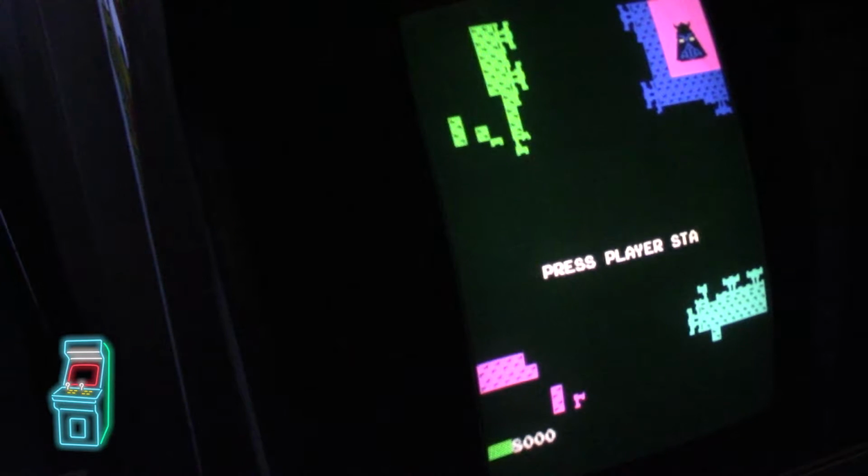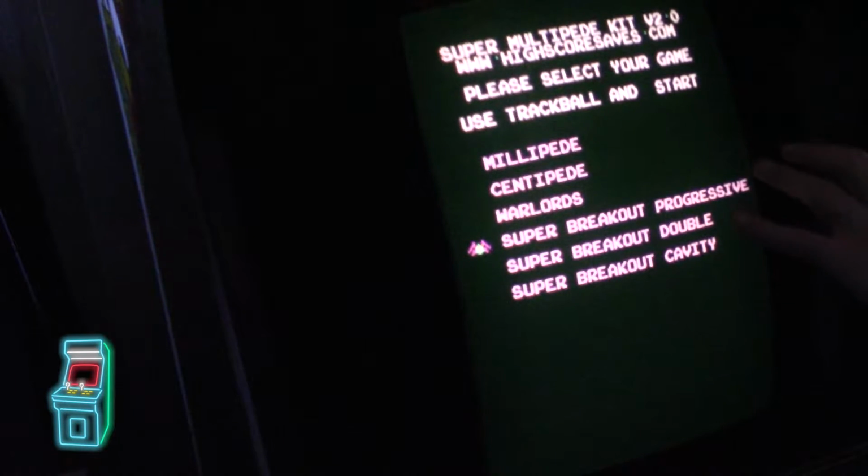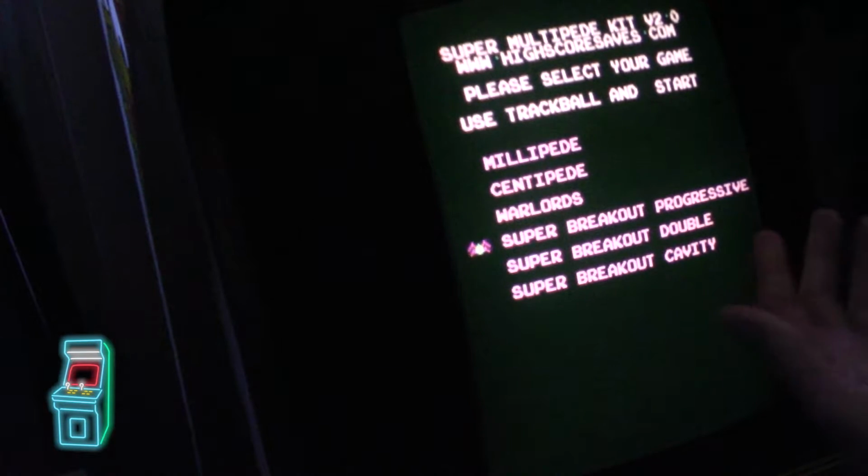And what I'll do now, I'm going to hold the button down. We're going to go to the next game, which is Super Breakout Progressive. So these three are actually the same game, Super Breakout, but they're just different settings where I'm guessing, I don't have the original, but you probably set dip switches to set the game to play in certain modes. But this has all three that you can select right away without having to go in the back and set all the settings. So Super Breakout Progressive,